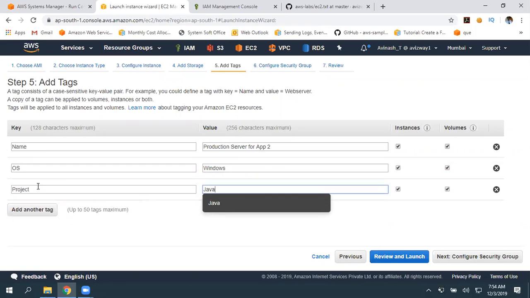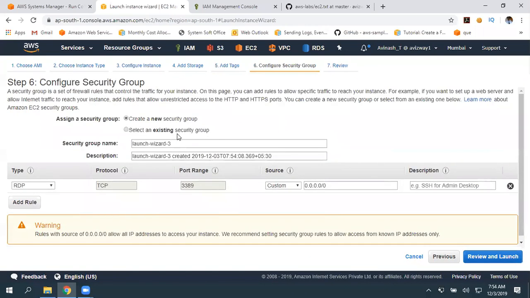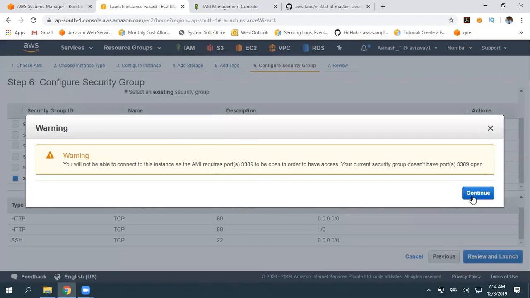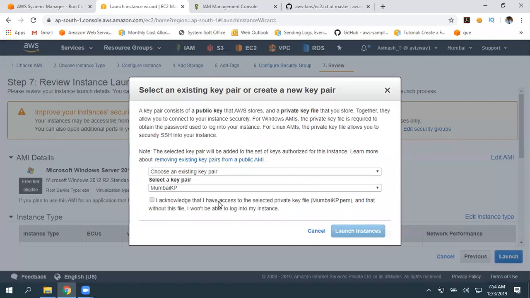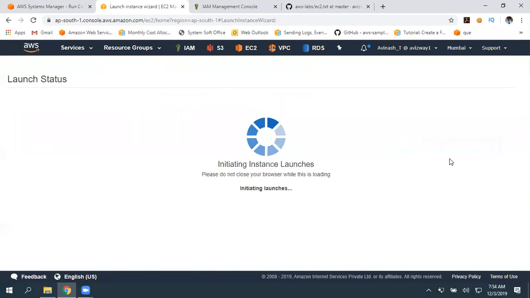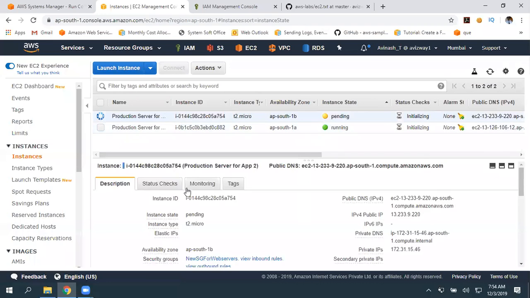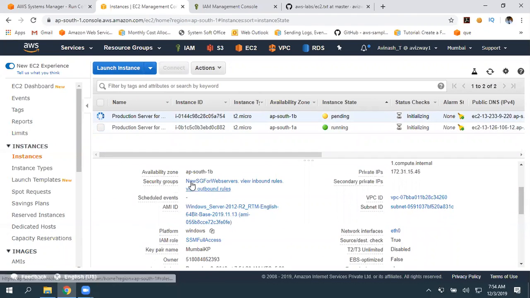I'm using this machine also for the same project. Then click on next and select an existing security group which has the valid port open. If 3389 is not open, you cannot get connected. That's okay, manually I'll open that port. Okay, so we have multiple EC2 instances.